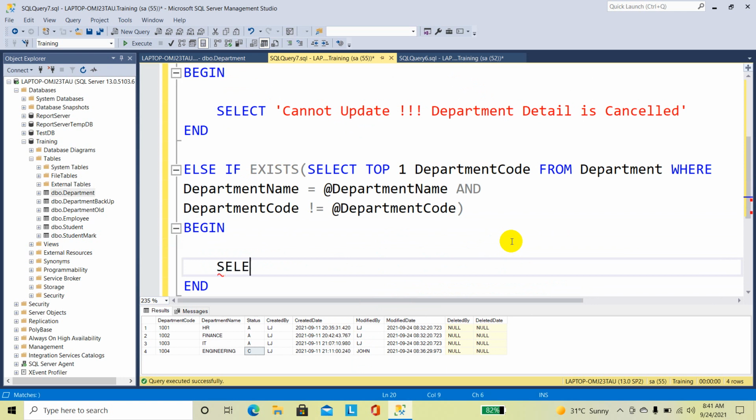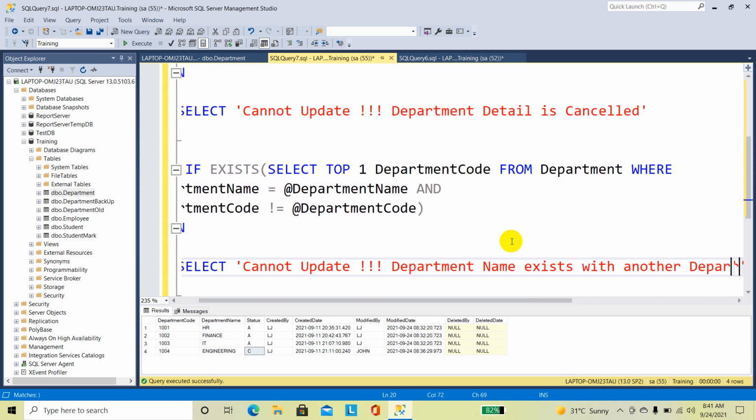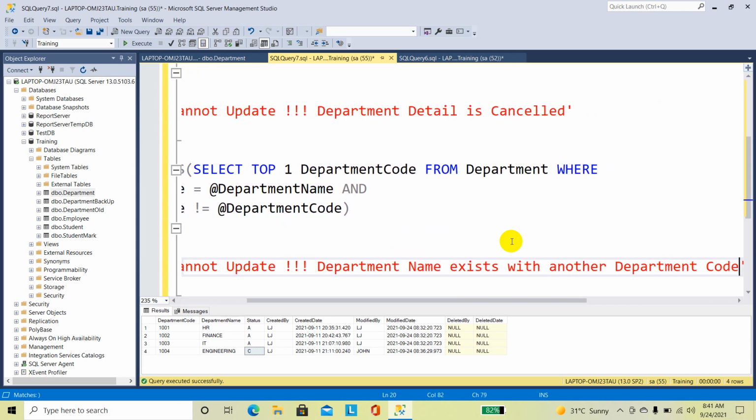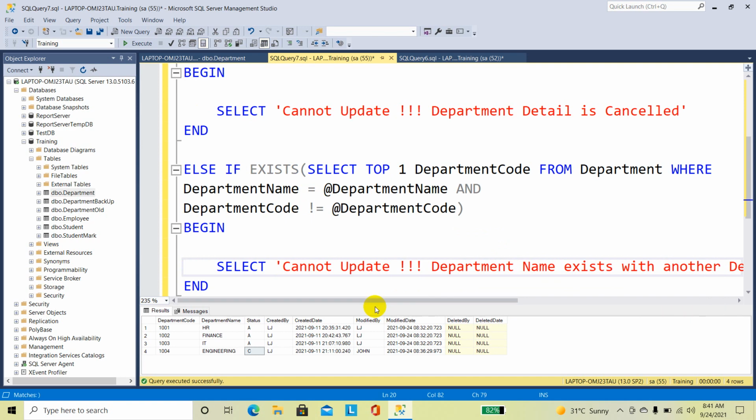I'm going to give the message select, cannot update, department name exists with another department code. For example,